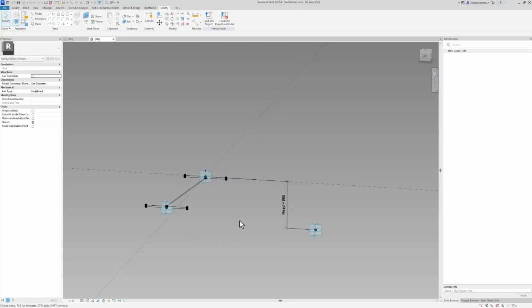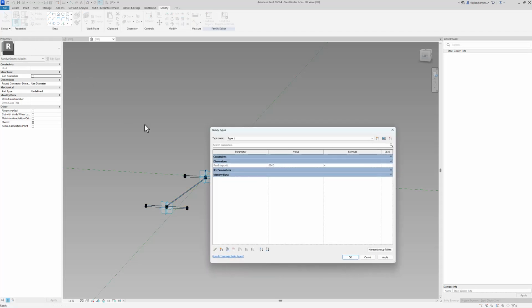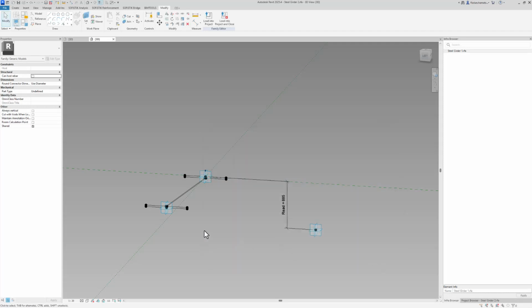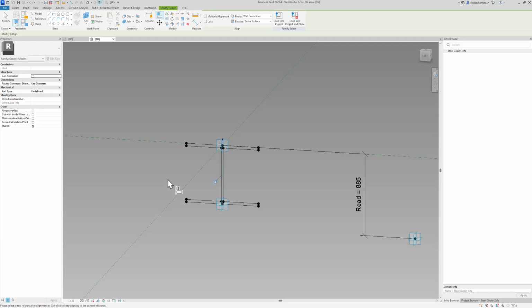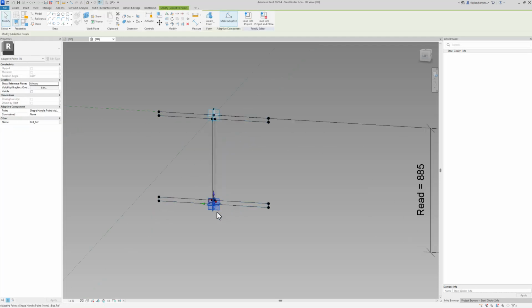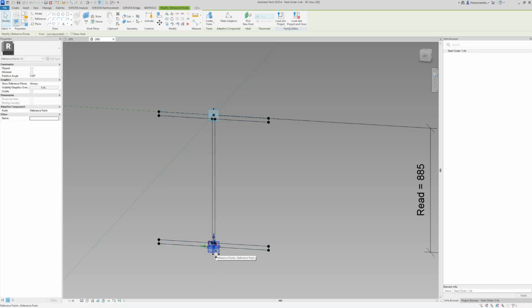Click on OK. And when we take a look at the family types, we can see it's actually grayed out. I can't modify it at all. Let's modify this already existing family that we have here. I want it to be perfectly aligned to the vertical geometry that we want to create later on. And now I want to change the shape handle point back to a reference point. And I want to delete its name. This point is now the defining point for all that is happening in a vertical offset